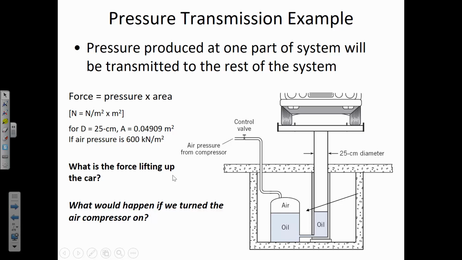So if you turn on the air compressor and it went from 600 kilonewtons per square meter, what if it went to 605? Does that mean that this lift is going to keep lifting? Let's say we had that same force, like the weight of the car that we had before. So we didn't change the car, we just turned on the air compressor a little bit until it was 605 instead of 600. Is it going to keep lifting forever? What's going to happen? Okay, you'd run out of the physical limitations, but like